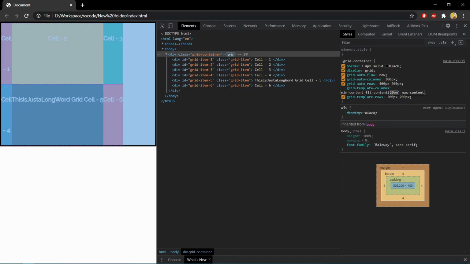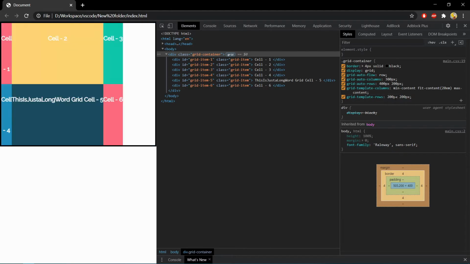For example, let's give the fit-content value as 20em. When you use fit-content, what grid does is it will take this input value, analyze what will be the min-content value of this cell and what will be the max-content value, and produce the final output.